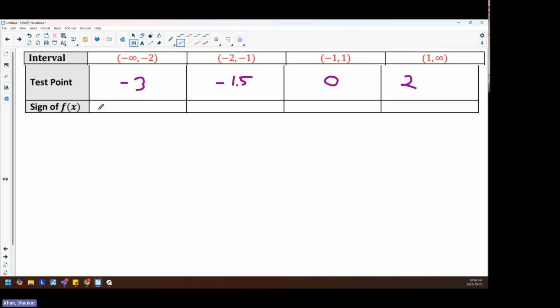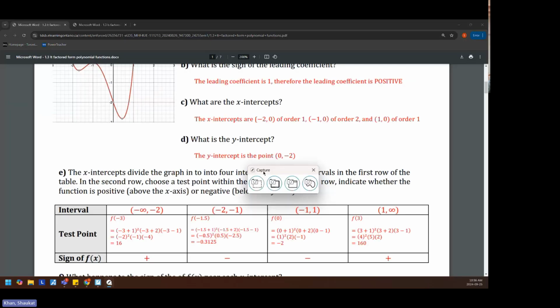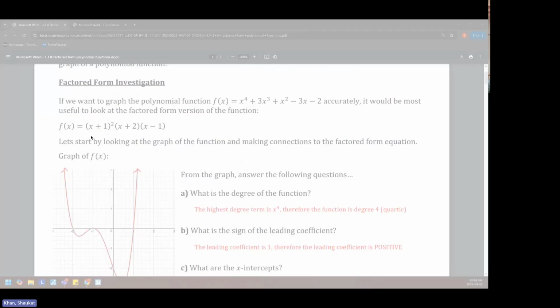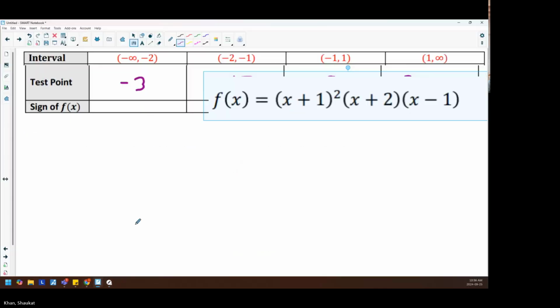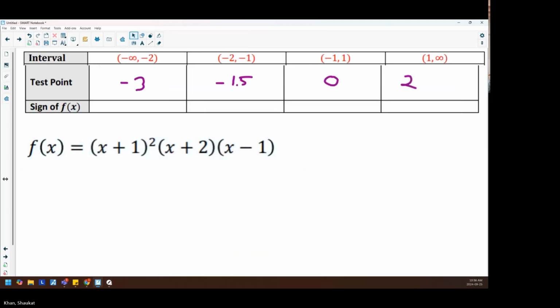Okay, and now the sign of f of x. How do we figure out the sign? Two ways. One way is to substitute it into our equation. So here's our equation, and we are going to substitute the value into our equation. So f of -3